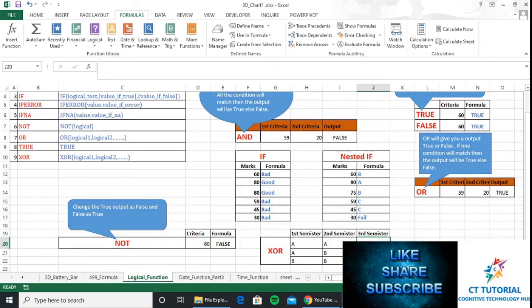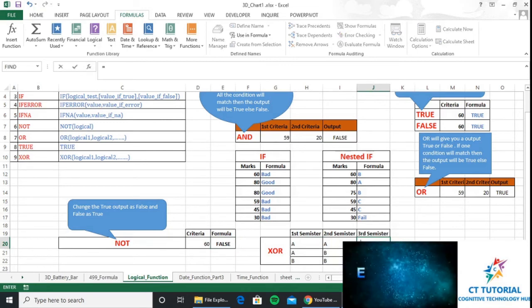The XOR function is an exclusive OR. So how does it work? Suppose in the first semester somebody is getting A, and in the second semester somebody is getting A, then he needs to appear for the third semester exam. So in that scenario you will use the XOR function, logical one equal to A and